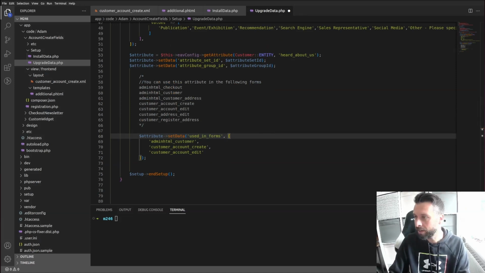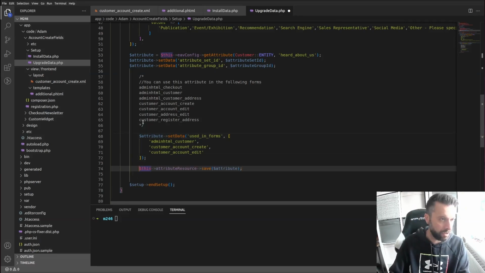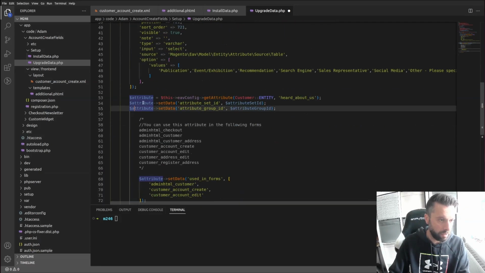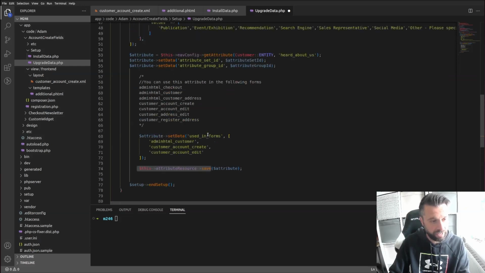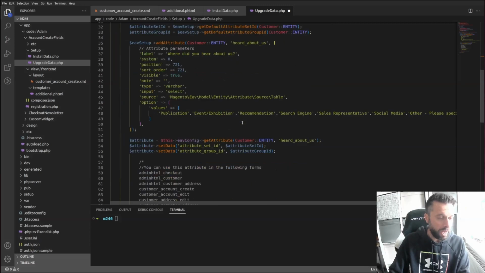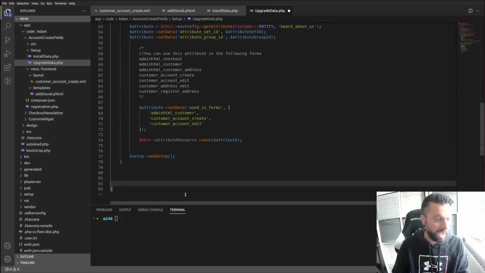Okay, and then finally we need to save the attribute. So all along here, just so you know, we've referred to the attribute. We're storing everything, we're setting all the data on this variable. We're finally setting the data there, where it's going to appear, and then we're passing that data into this attribute resource save, which is the attribute resource. And that's going to do the job basically. That's all you need in terms of its structure in your upgrade script, apart from,